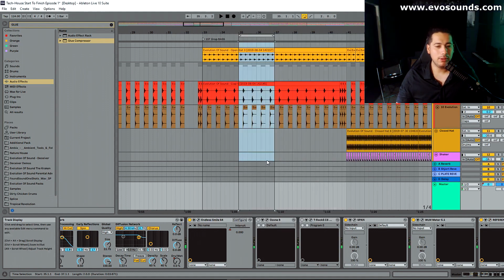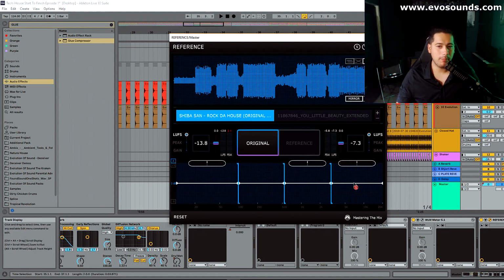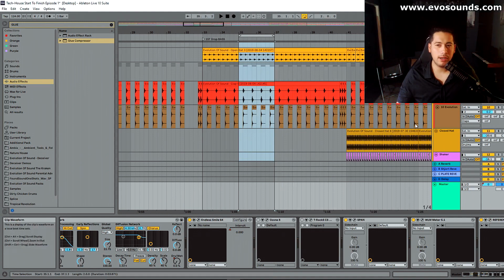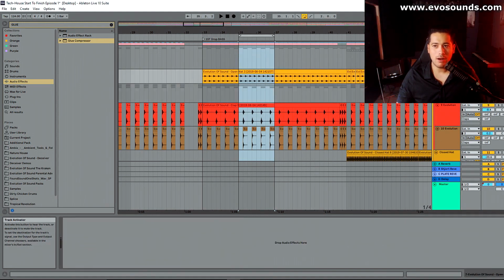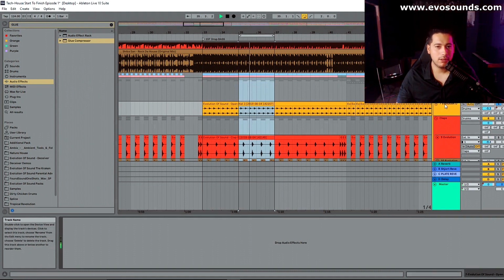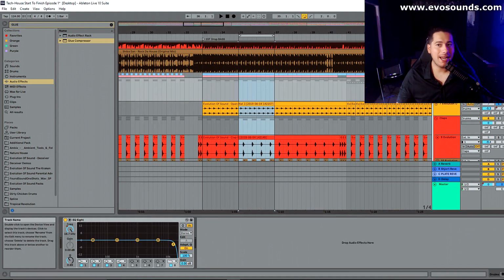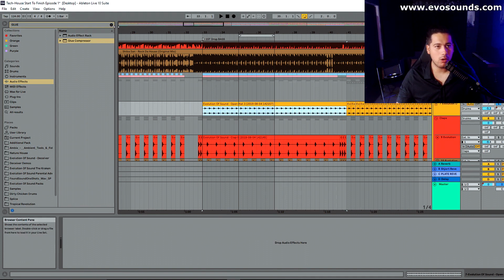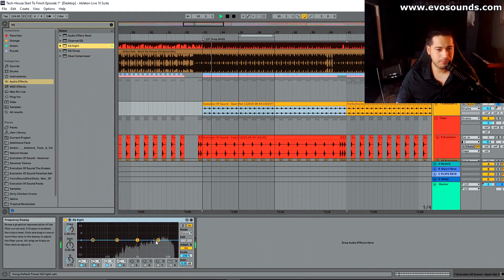So you can kind of see we definitely need a little bit more spark up there. So that's going to maybe deal with saturation. So that's the first thing we're going to do. And that all has to deal with the only thing giving us highs, which is going to be our beautiful open hat. So what I'm going to do is probably go on the open hat and EQ that. And we're going to maybe try and add